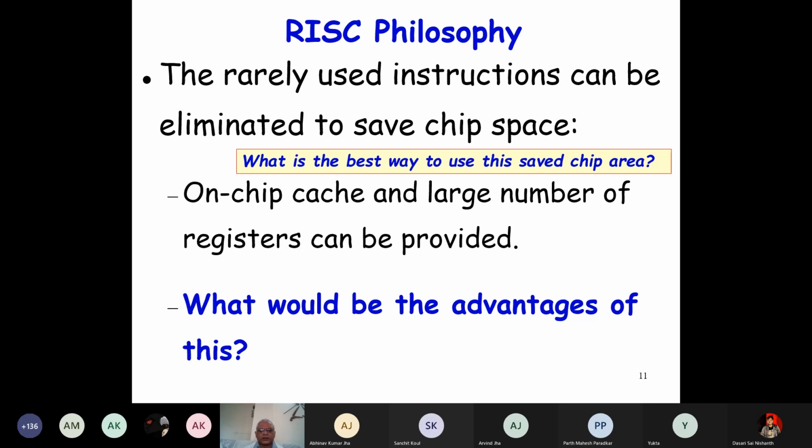So to reduce the program size, we had instructions doing complex things like string comparison, and they were also using memory to memory operands. The main idea was to reduce the program size, to help reduce the fetch time of the instructions and the storage area of the instructions, because of the magnetic memory that was used. Is it okay, Avinav?